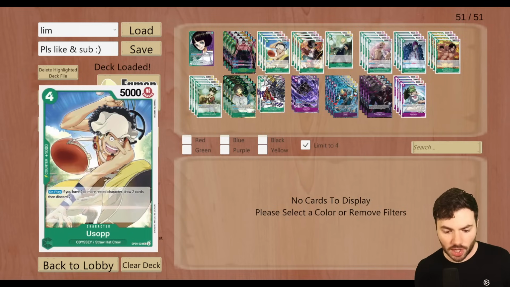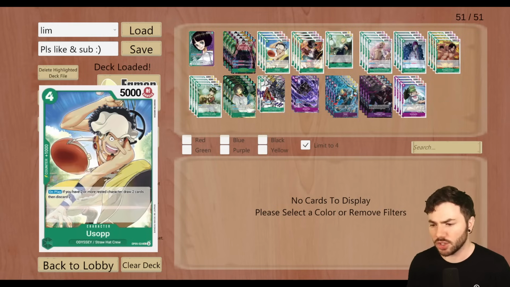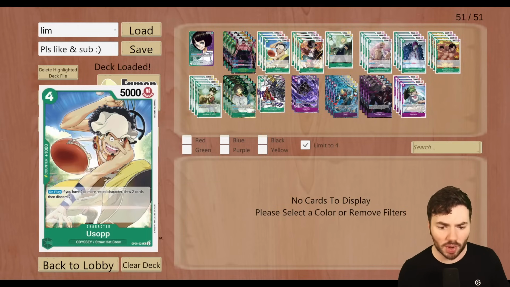We're running 4 Usopp from OP09. It's an Odyssey type Straw Hat Crew. On play, if you have 2 or more rested characters, draw 2 cards and then discard 2. So ideally, you have already swung with the body, and then you can play out this Usopp and then cycle your hand. It's a 4-cost 5,000 power body, so not the worst stat line, but the more important thing here